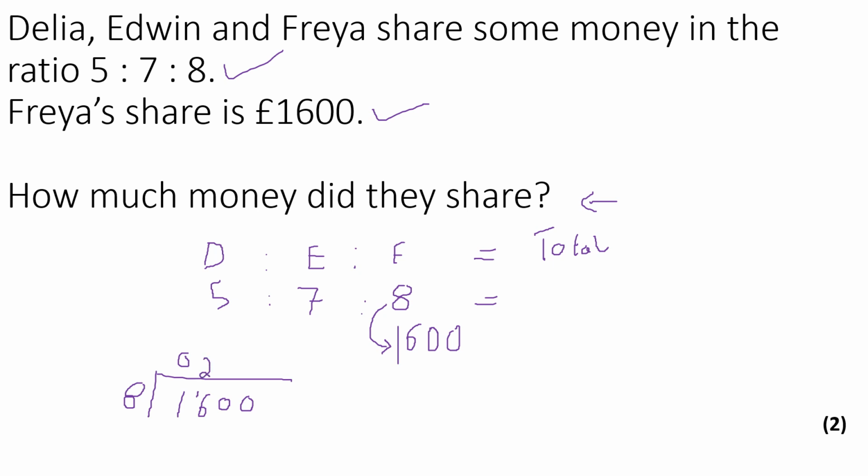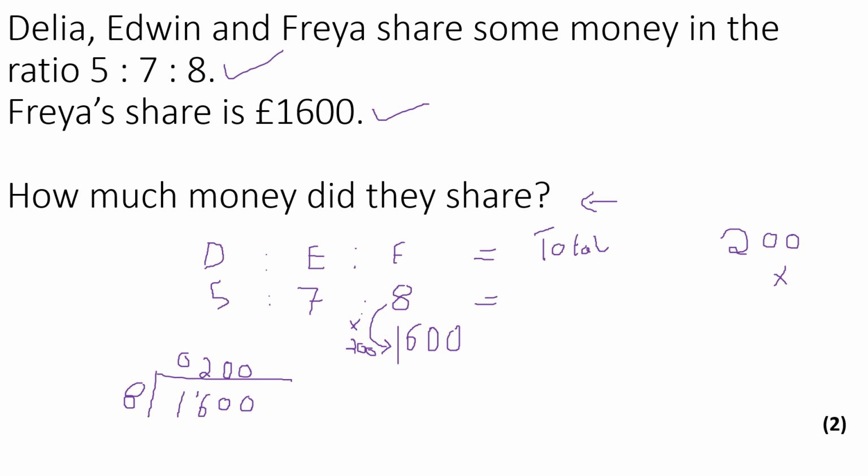Didn't have any leftovers. 8 into 0, 8 into 0. So I'm getting 200 times bigger. What I could do now is multiply both of these numbers by 200, add it together, or because it's worth 2 marks, if I add these values together here, and I know that I've got to multiply them by 200,